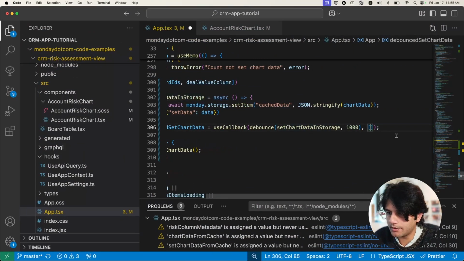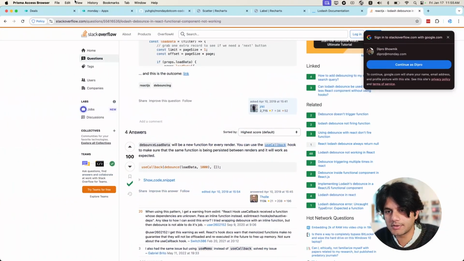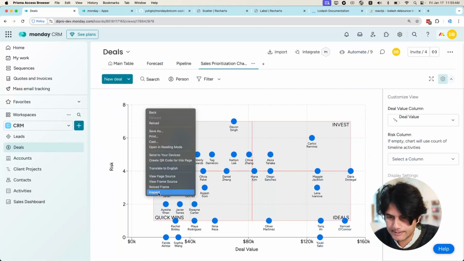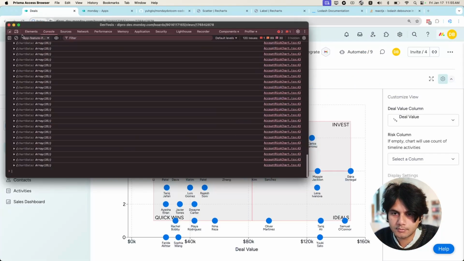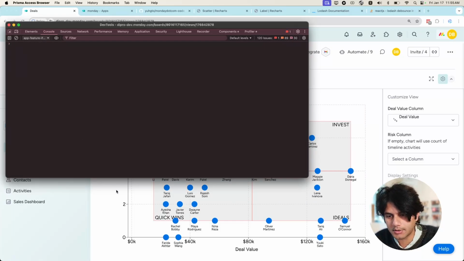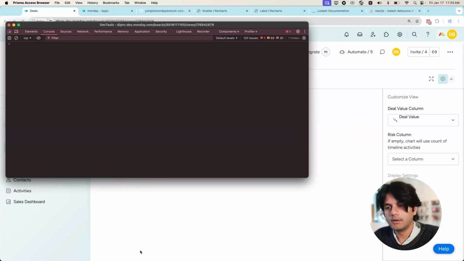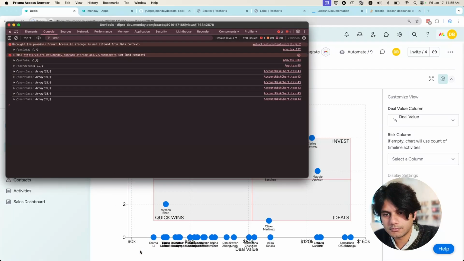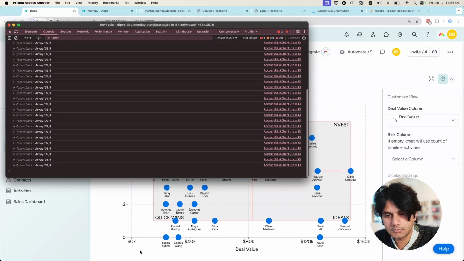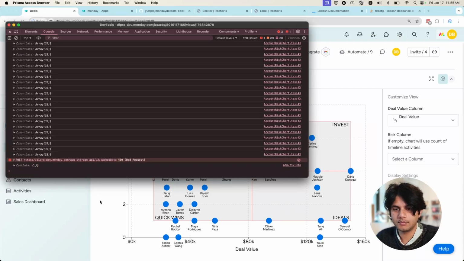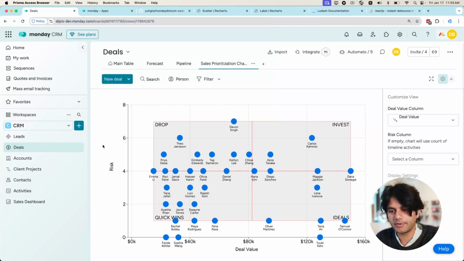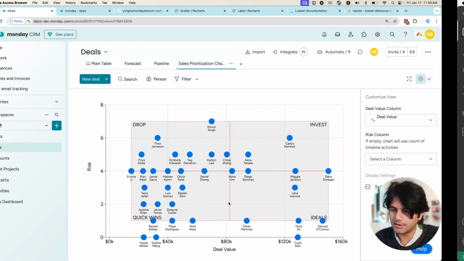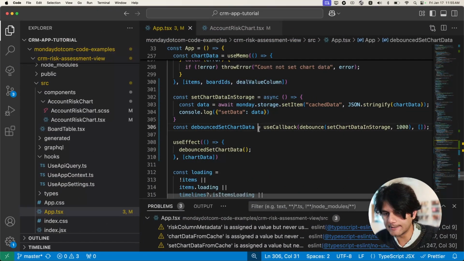Maybe this shouldn't have a dependency in it. Hey, I think this worked. Great. It's only setting the data once. Perfect. And so now what I can do is